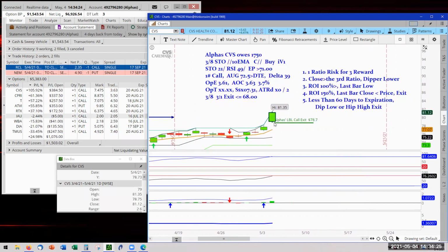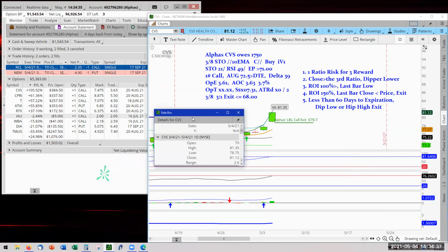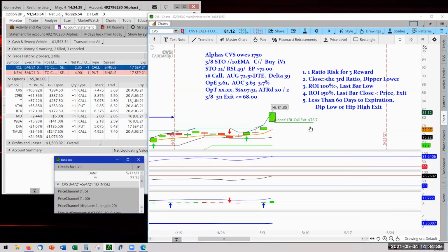And the result is we are at the last bar low here. The last bar low here is 78.75. You can read it right here in the box. Low is 78.75, and we're now at 78.70. I shave off just the nickel because I want to take out as much profit as I can to get this